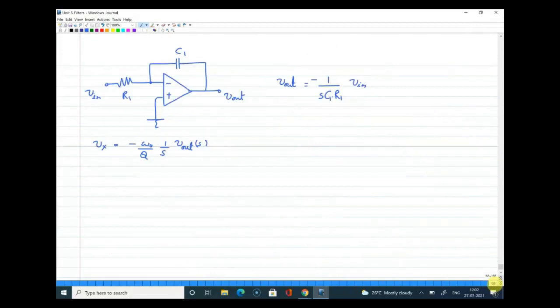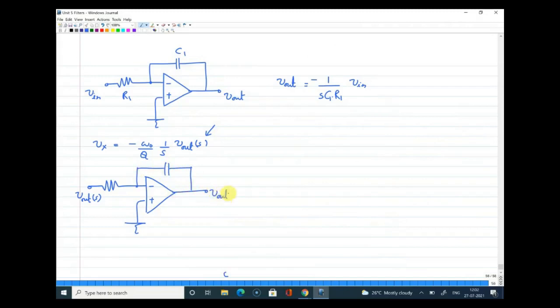All right. So in order to implement this, I'm writing again one op amp, minus plus. Here a resistance. What I need is the input, but for this specific function, what is the input? The input is actually the function of V out of S, and we have the capacitor in the feedback, and this is Vx, right? So how are Vx and V out of S related?